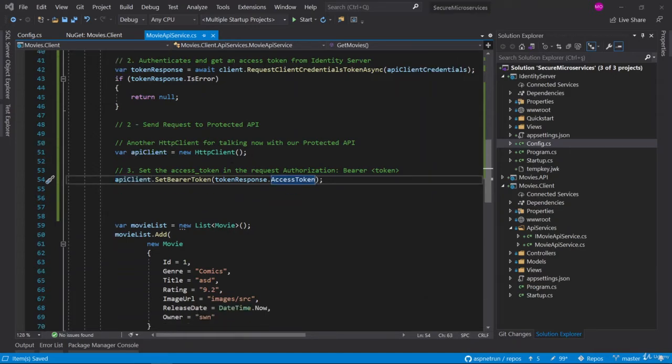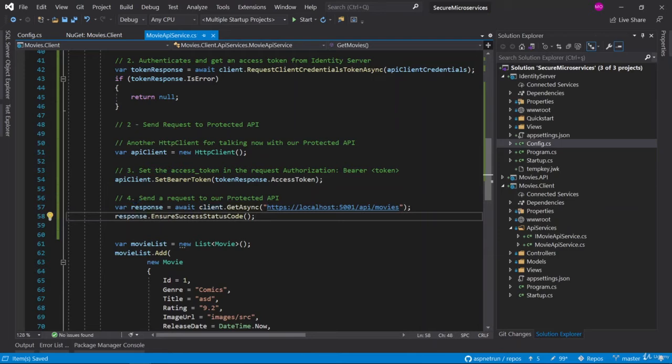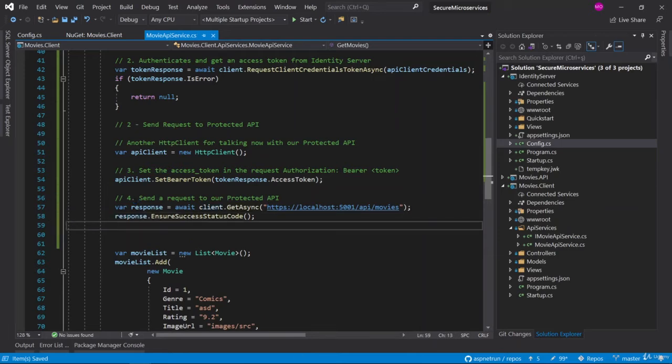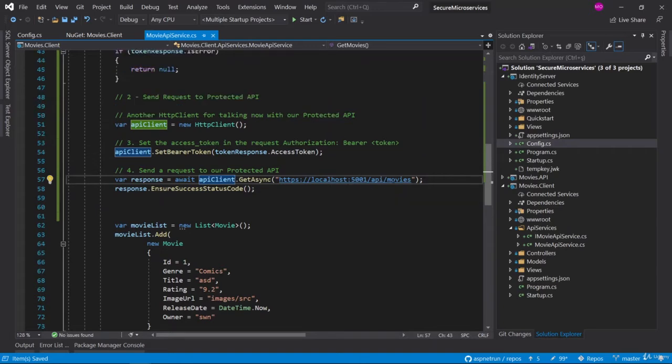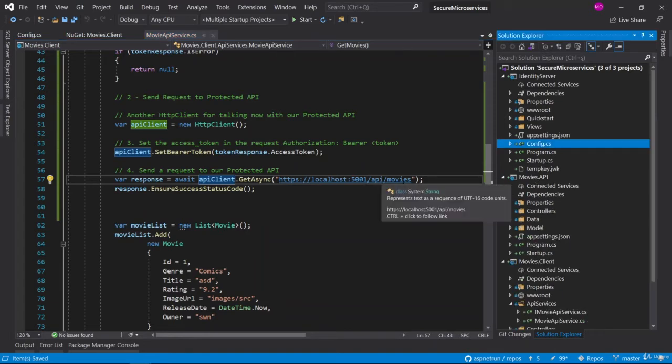After that, we are going to send a request to the protected API. Now we send the request using the GetAsync function, apiClient.GetAsync. In the GetAsync function, we provide the URL information about our movies URL. As you remember, for the movies URL we are exposing 5001, and our API is api/movies.